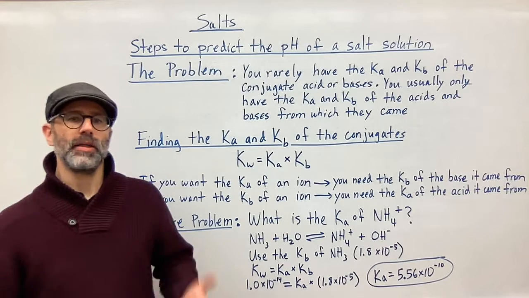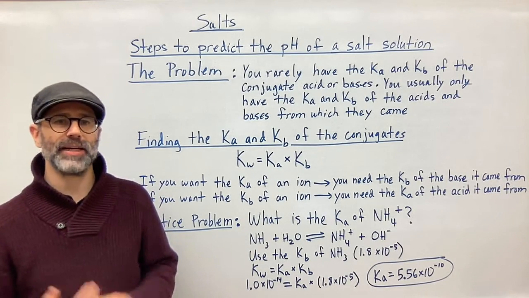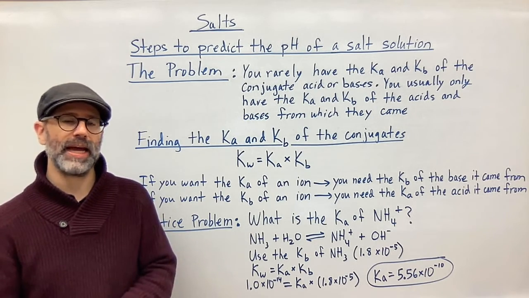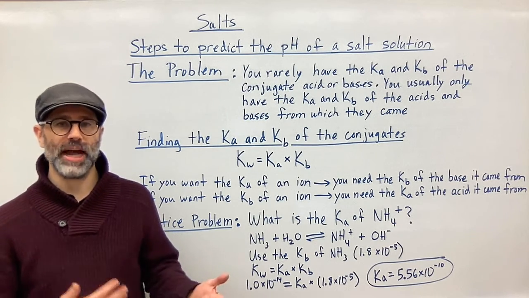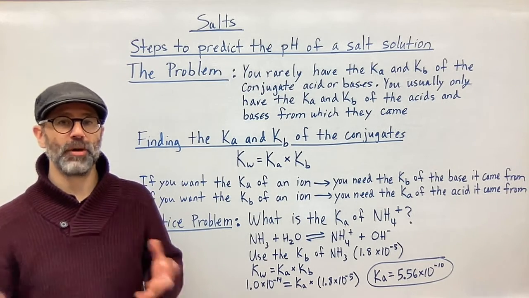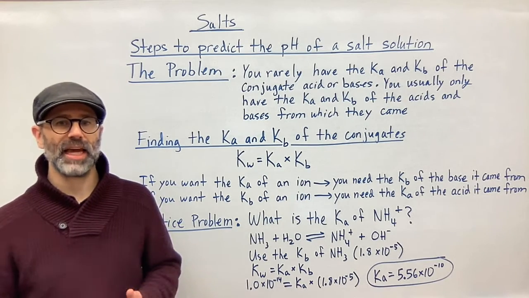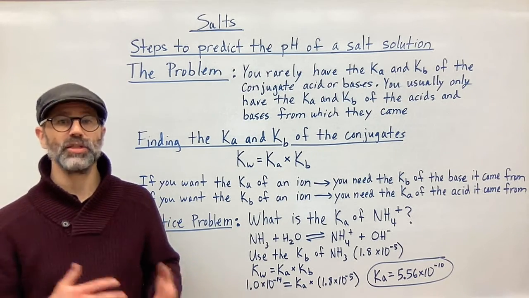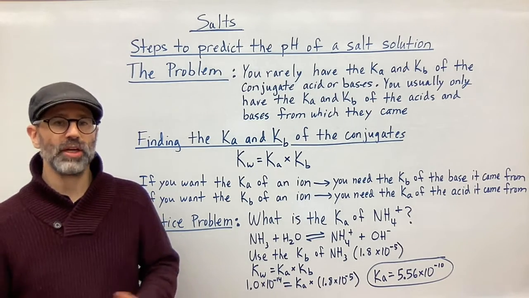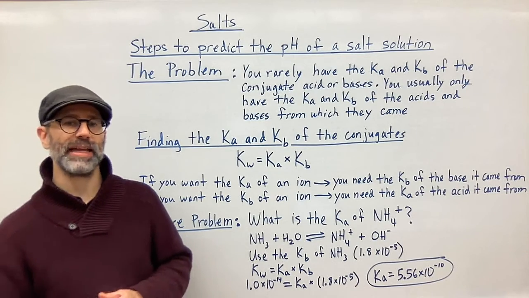Okay, so let's talk about this problem. So what is the problem again? As I just said, the problem is that you rarely have the Ka and Kb of the conjugate acids or bases, which are these ions that we're looking at from the salts. So you usually only have the Ka and the Kb of the acids or bases from which these ions came. So what you need to do is find the Ka and Kb of those conjugates, and this is how you